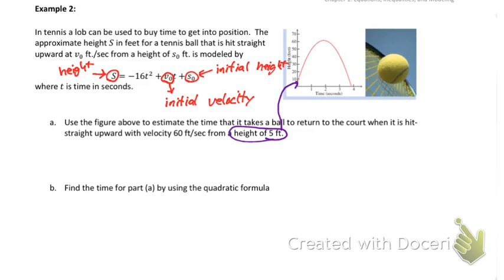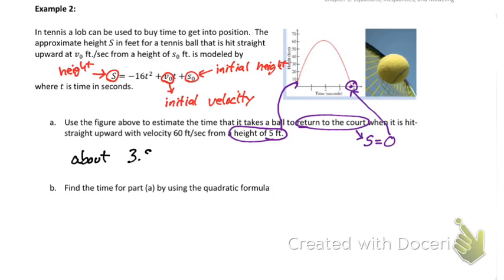All right, then our ball goes up and it comes back down. We are looking for when the ball returns to the court. Well, the ball is going to return to the court when the height is 0. So I'm looking for when is S equal to 0. Well, height or S values are on our y-axis. So that's going to be this point right here. Well, that point right there is going to be somewhere about 3.7, 3.8. Maybe you could persuade me into thinking it's 3.9 seconds. All valid answers. So we're just going to say about,